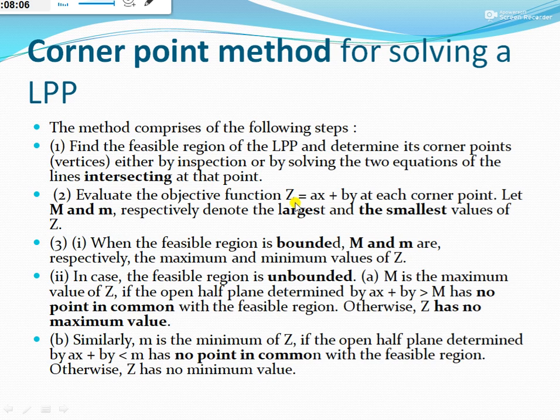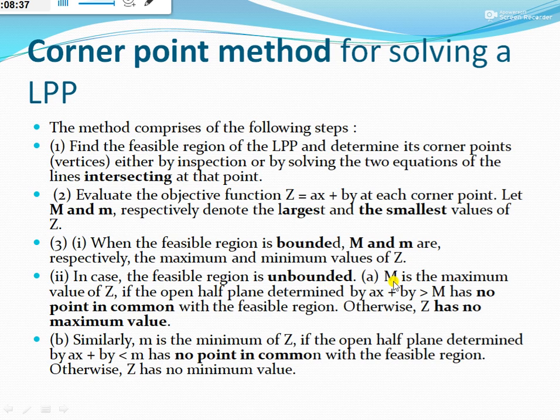Evaluate the objective function Z is equal to AX plus BY at each corner point. Let capital M be the largest value and small m be the smallest value of Z. When the feasible region is bounded, M and m are respectively the maximum and minimum values of Z. And if the feasible region is unbounded,